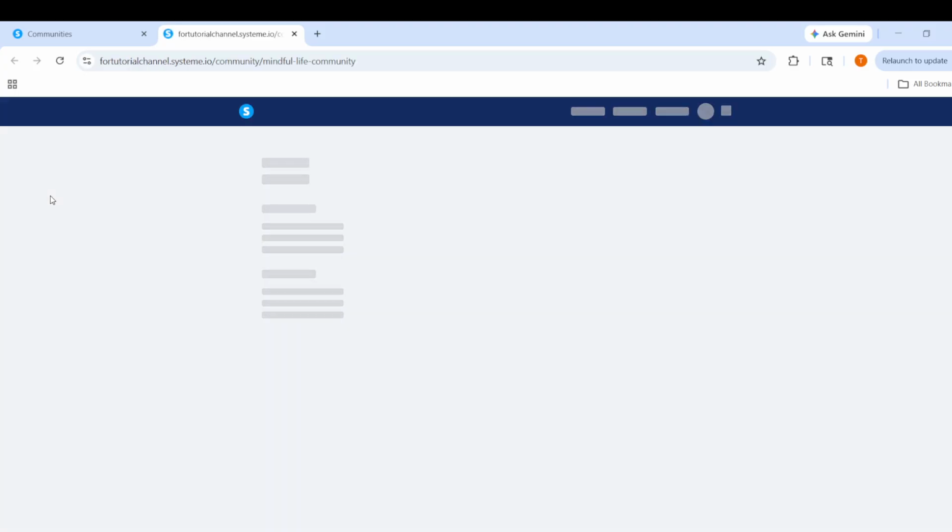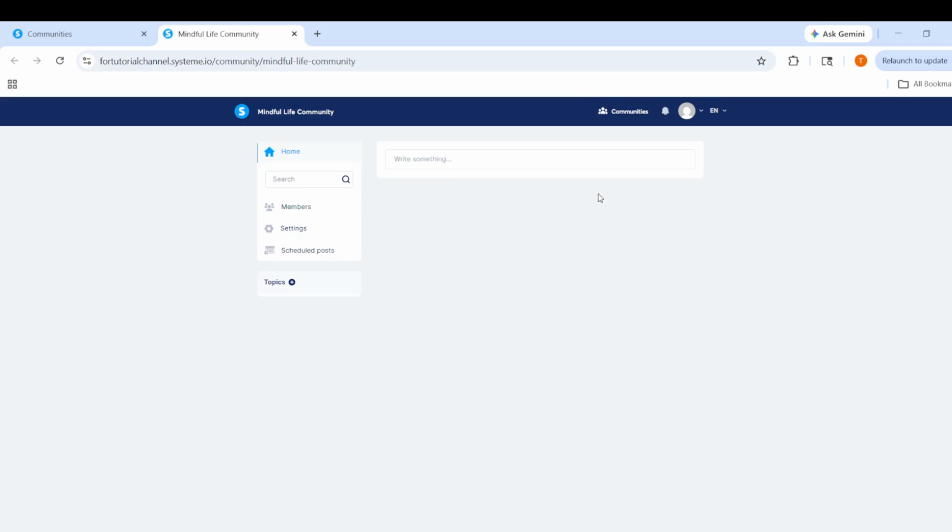This step matters because it opens the specific configuration options for the community you just created. You will likely see a variety of settings related to appearance, structure, and community behavior. Take a moment to review what you see on screen and make sure you are editing the correct community, not